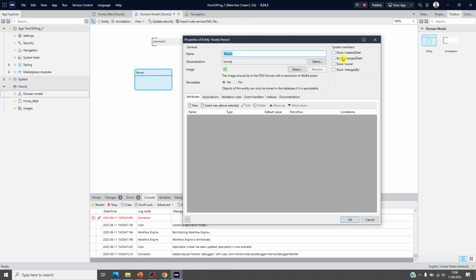And there are some system members. You can store your create date, change date, or owner from here. Or if you want to store the change person, you need to click with these checkboxes. There's some generalization part, images you can see. And under the persistable part, you see the default yes is selected. If I choose no and click OK,